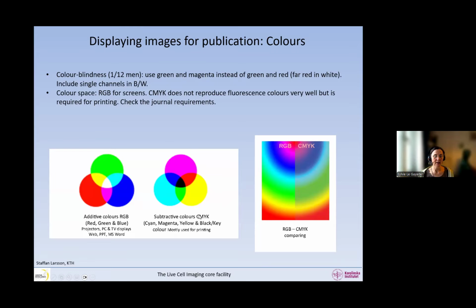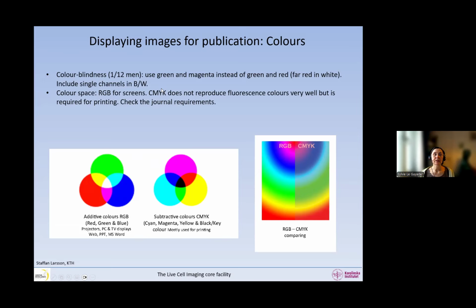Okay, so when we talk about publishing an article, we're talking about publishing it online. So some journals are only online, but some journals still print on paper. And the requirements between publishing online and publishing on paper are different. For that reason, they are actually two color spaces. And when you look at the recommendation for publication of an article, they may ask you for RGB and they may ask you for CMYK. This is because CMYK is mostly used for printing and RGB is mostly used for projectors and PCs, okay? Unfortunately, this is the way it is.